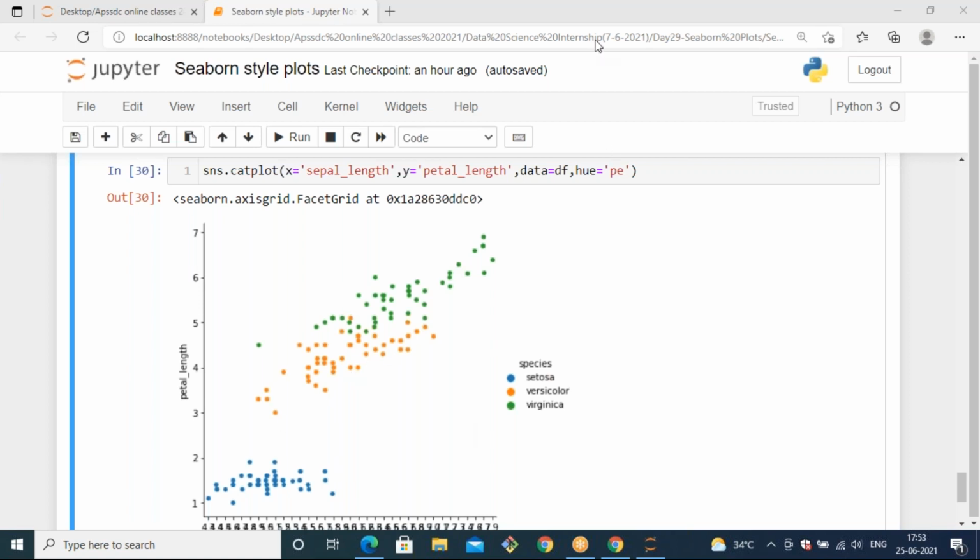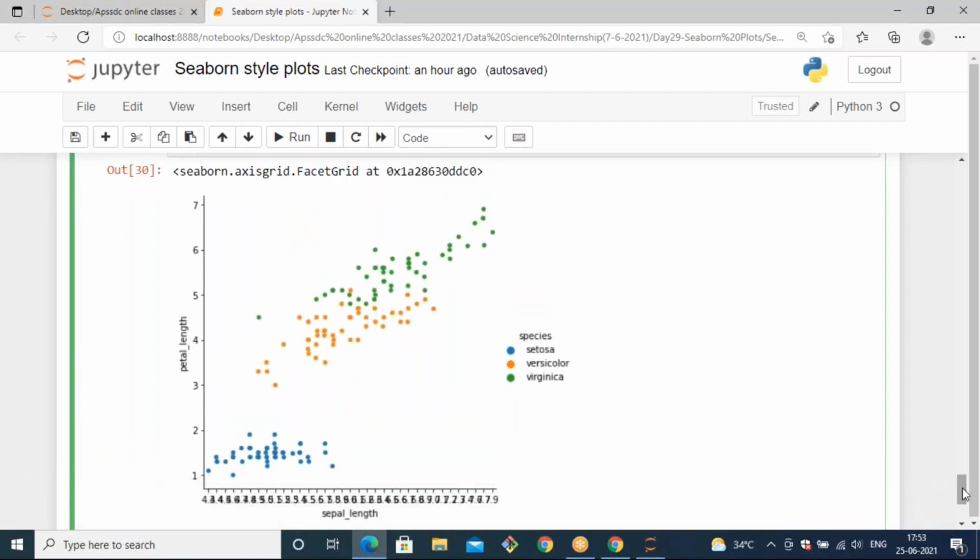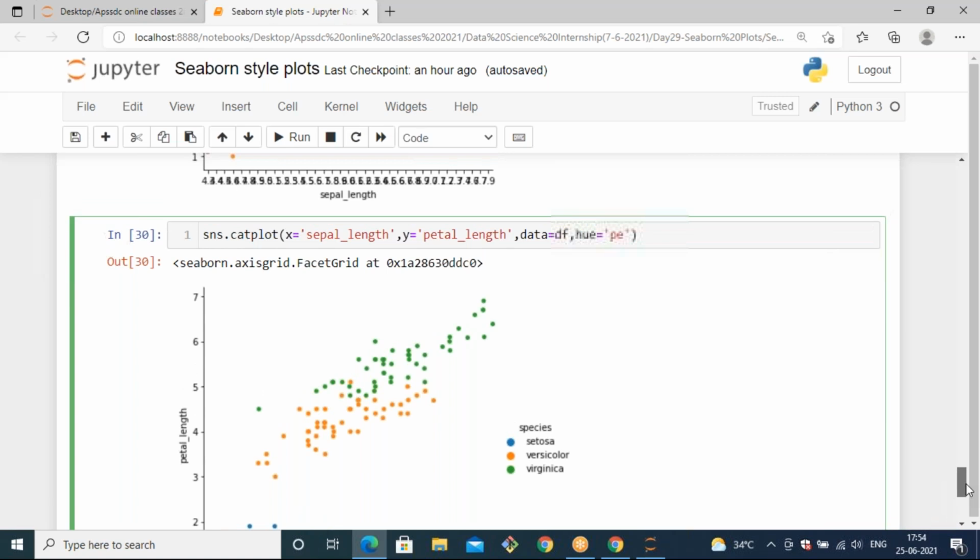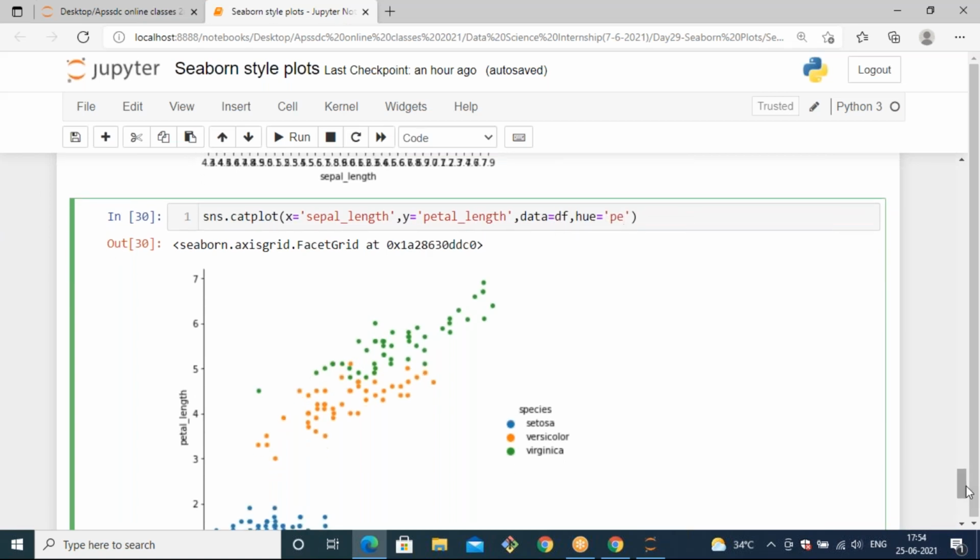When it comes to machine learning, you can observe that. Overlapping causes overfitting, underfitting, and so on. That's why I'm not explaining it here, but just understand how the values are visualized and grouped.